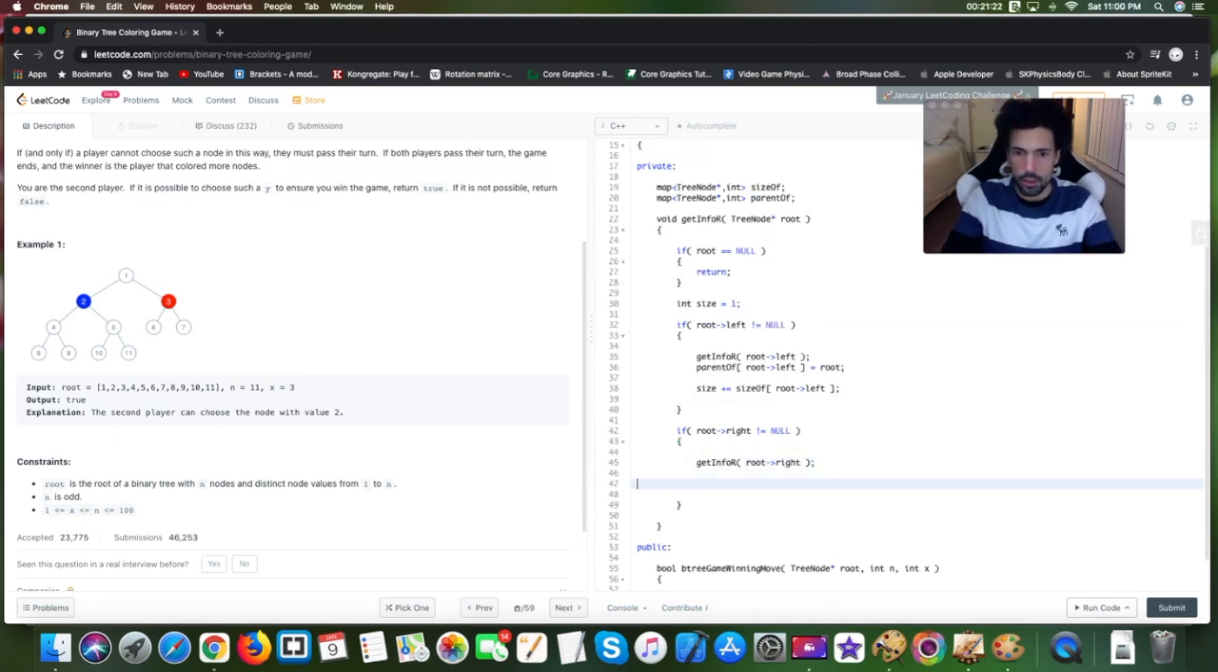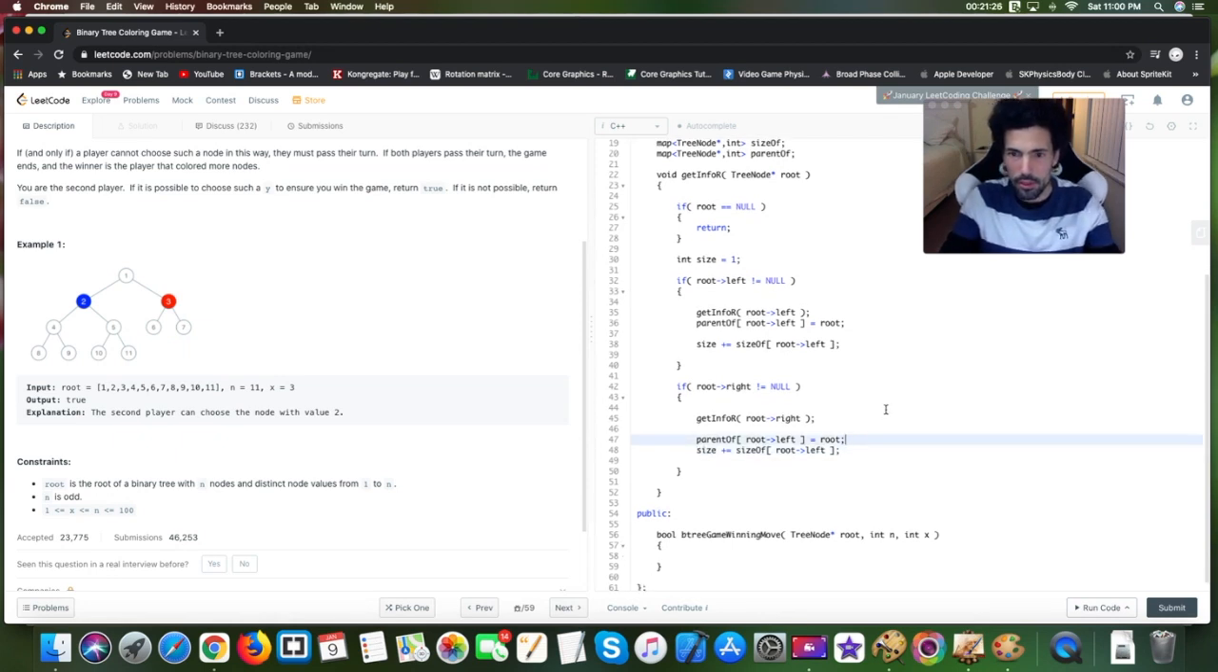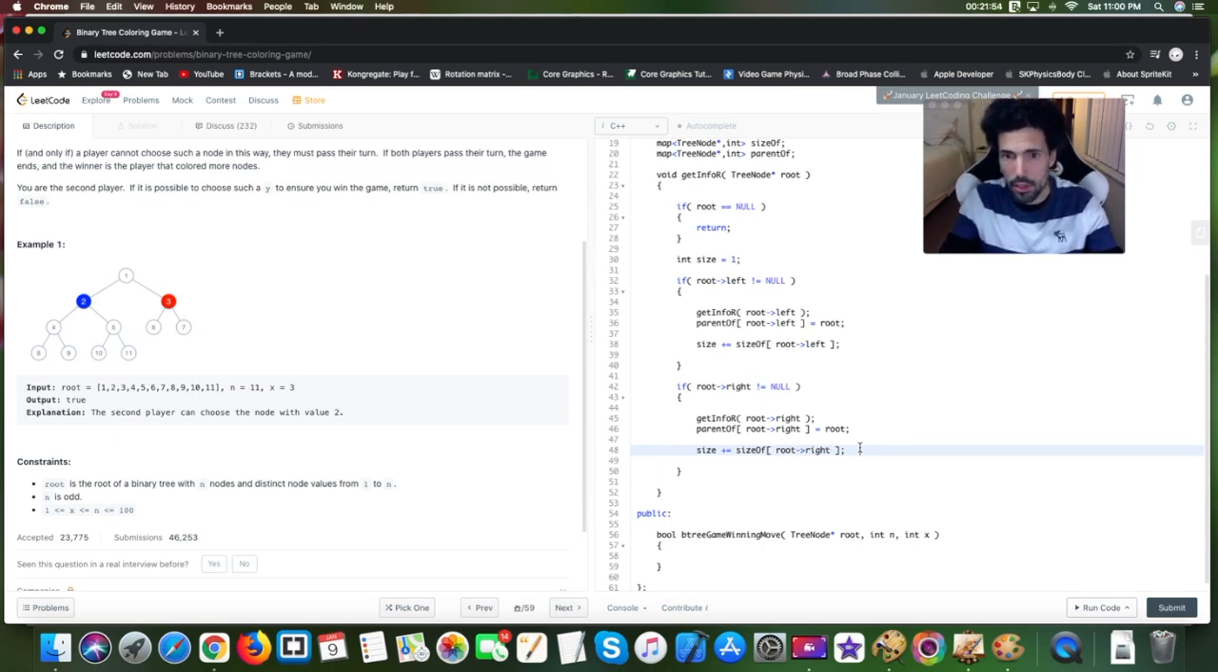This is sort of like cooking in a way. You're just doing stuff and it somehow works. It's really cool. Okay, so if we get the info on the right child, if it's not null, get the info and then make sure that the parent of the right node is me. Okay, so now add size plus equal size of my right child because I already have this information,